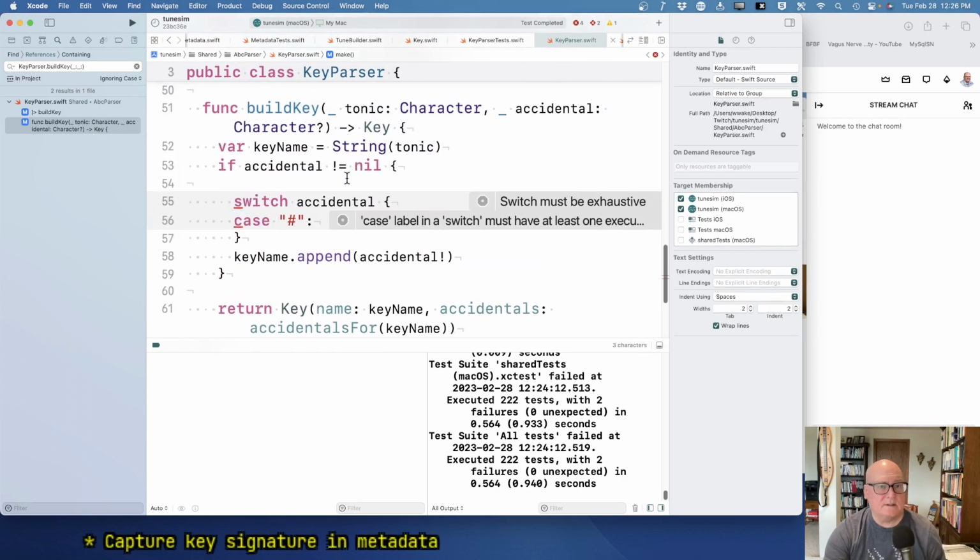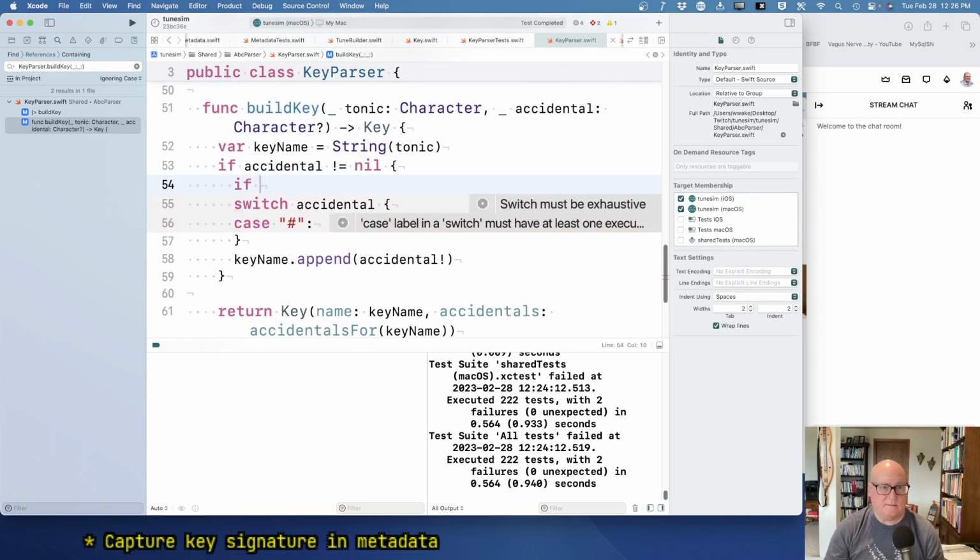I'm willing to kind of assume that. All right. If accidental equals this, then, well, let's do it inline. If it equals this, then we're going to do the pound. Otherwise,